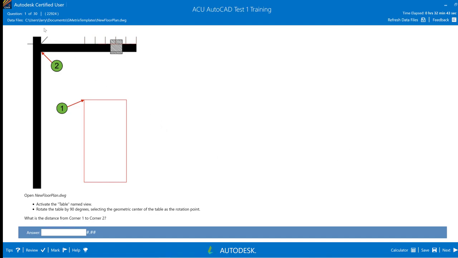So the first question says we're going to go to these data files. Before you start, make sure that you loaded those data files. And then this is what the location is going to be. Obviously yours isn't going to say Larry because that's me. Yours is going to say something different, but we want to go to the GMetrix templates, look for new floor